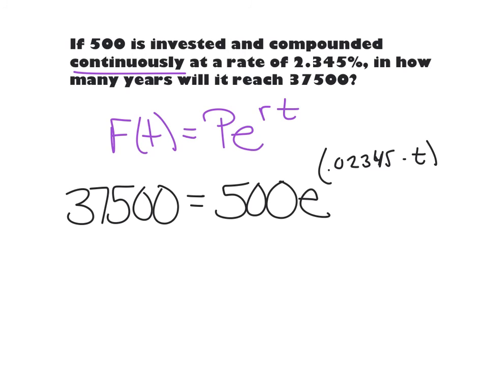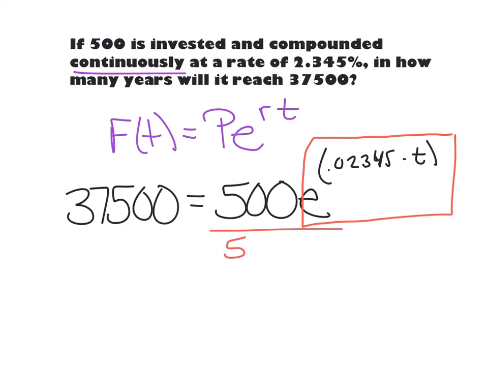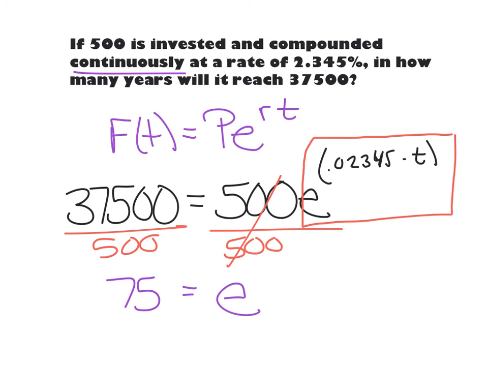All right, so again, box this in. This exponent is only, and I stress only, on the number e. So your first move has to be to divide over that 500. Again, these are questions we solved last week. Hopefully this is not new to you. Pause it, grab that calculator. So I'm going 37500 divided by 500. I get a nice 75. So you can store it or not since it's a nice number. Equals e to the